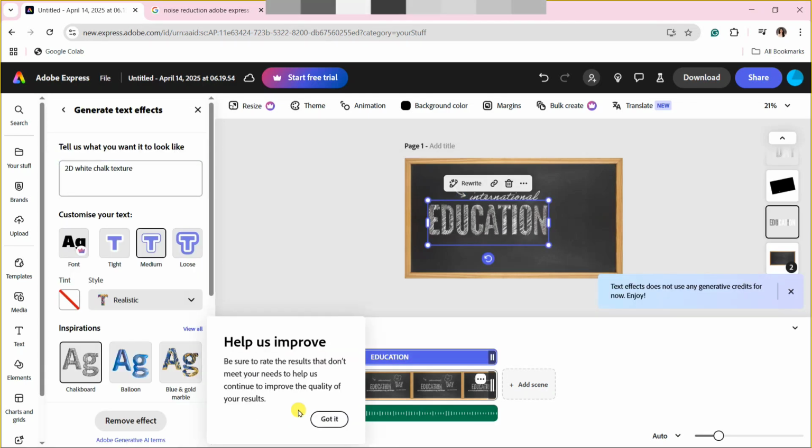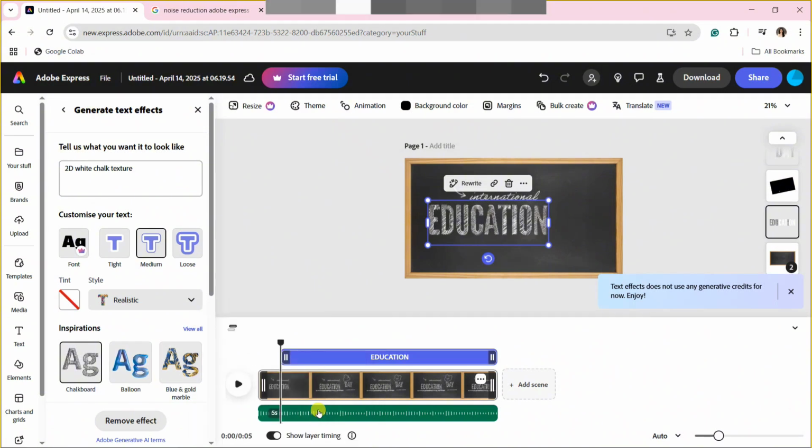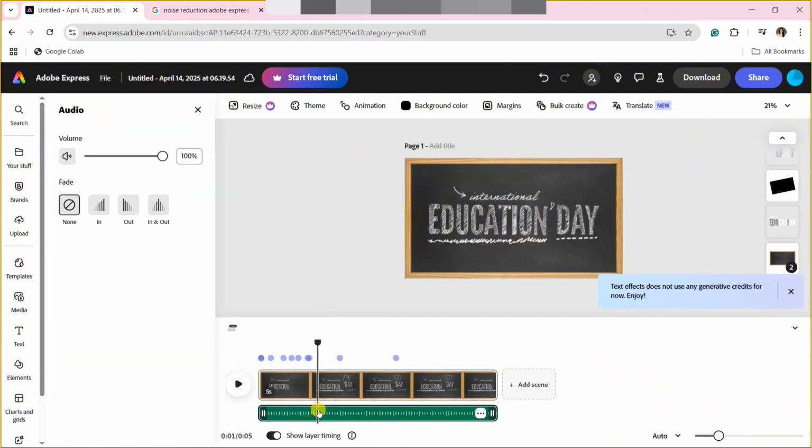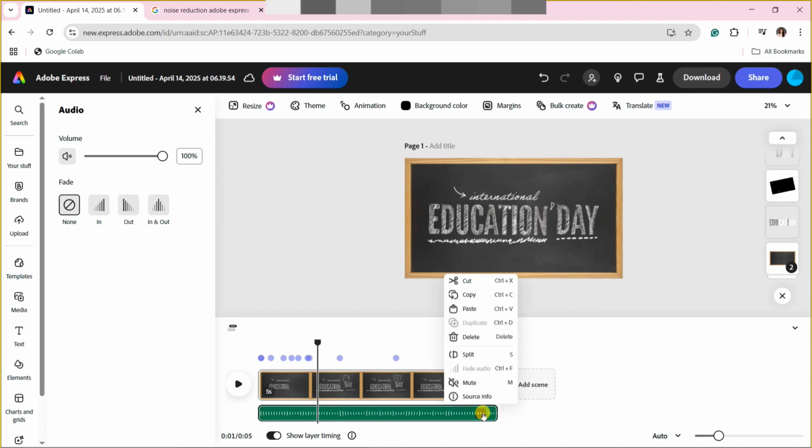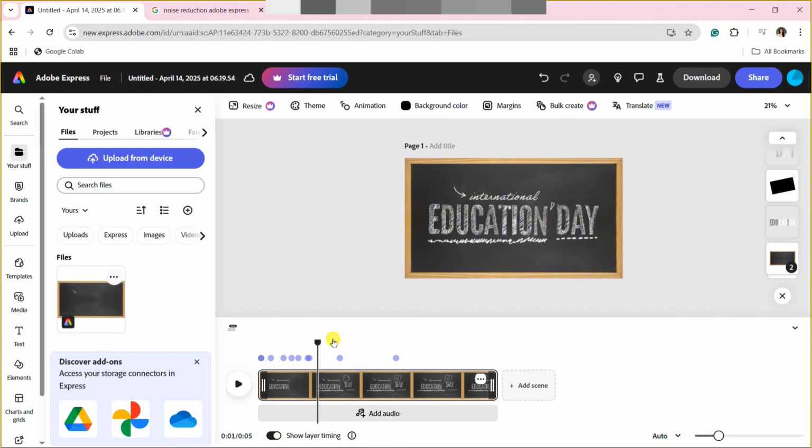to do is to click on the audio and click on the three dots under the audio to be able to find the options that we have to delete this. Click on this three dots and click on delete. After you click on delete, this audio of the video will be deleted on your timeline, and that's basically how